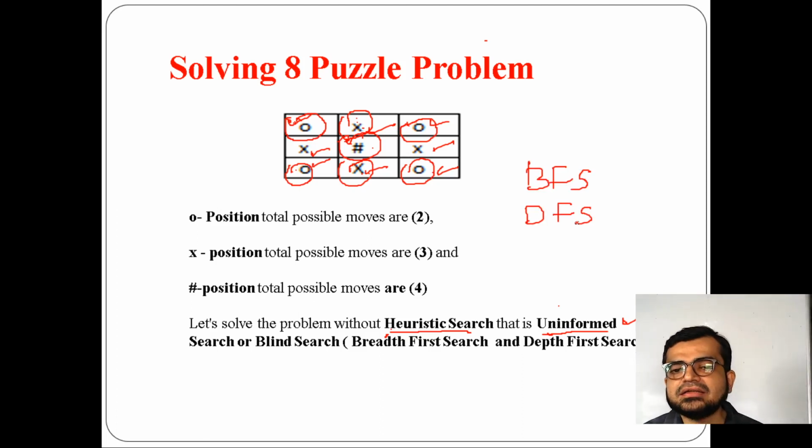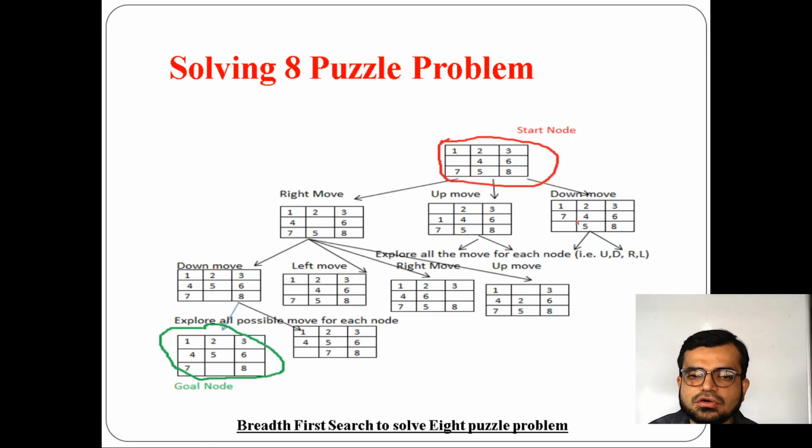I think you have already learned in data structures how breadth first search or depth first search works. In breadth first search, you visit all of the adjacent nodes of a particular node, that is your root node, and DFS means you are not visiting all the adjacent nodes, you are forming a hierarchy and going to the next node on that one. So this slide is where I am explaining the BFS concept. Here we are solving the 8 puzzle problem through breadth first search.